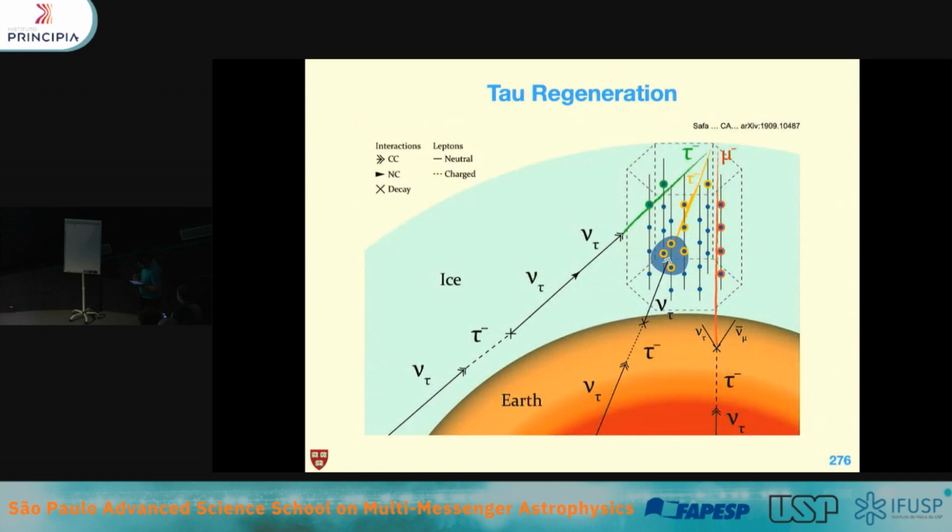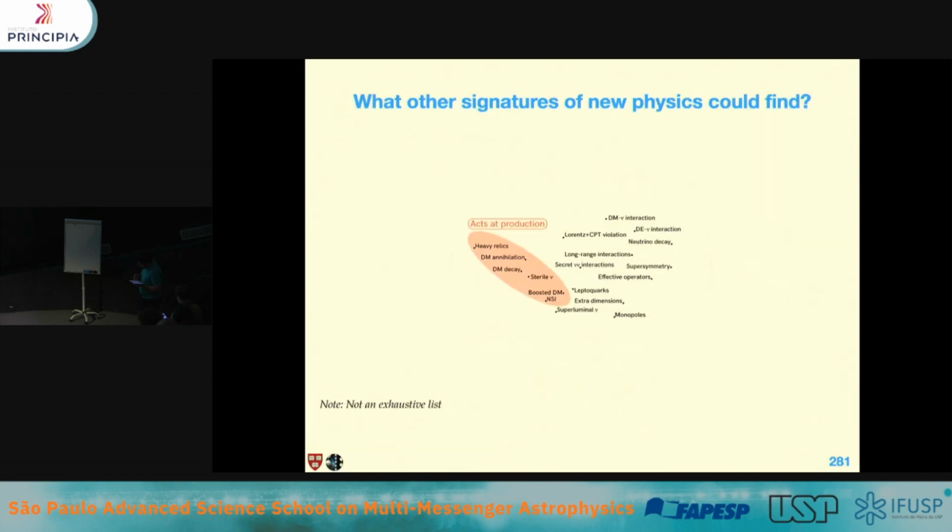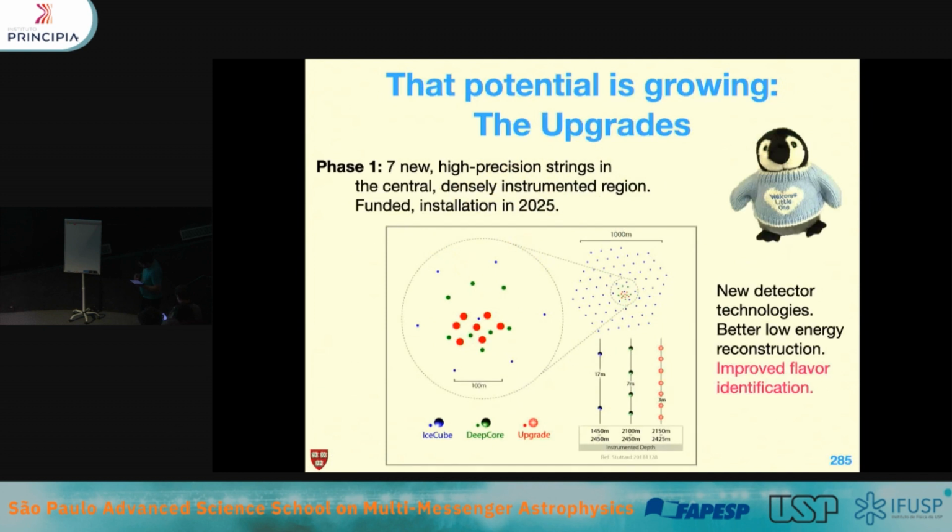Okay, I'm going to skip this anomaly discussion because we have no time. So we're going to have an IceCube Upgrade that is funded and will be started in 2025. This implies 7 new strings with 100 DOMs in each of them, and these DOMs are better than our current sensors. They're going to be installed inside the innermost part of our detector. The important part of this is that they are not only going to install DOMs, but we're also going to install calibration devices. That's going to better understand the ice properties, which will improve flavor identification.